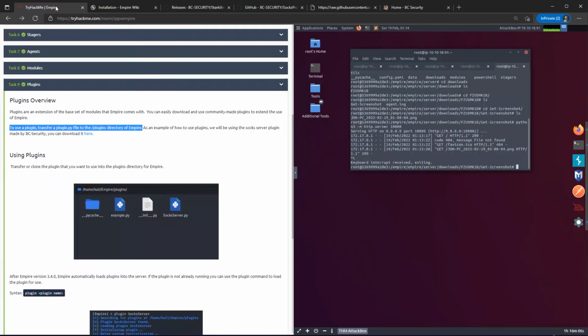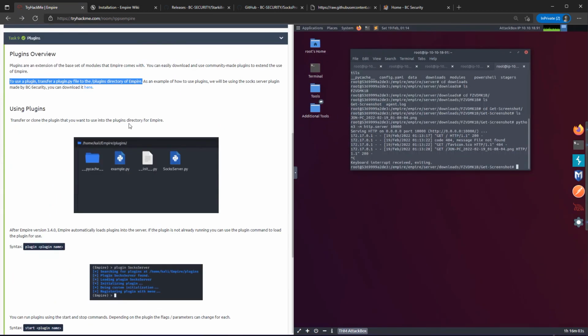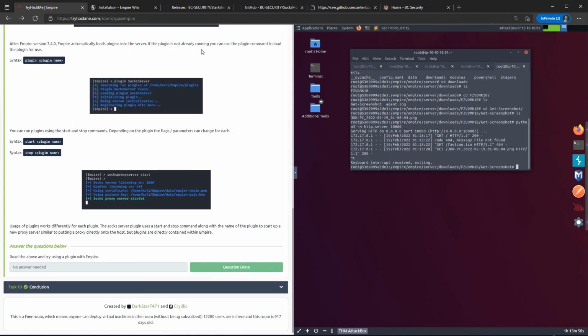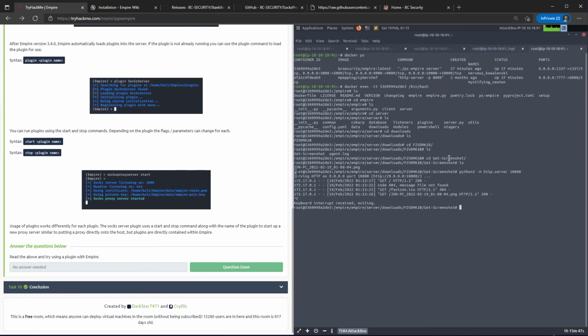So we'll get the address of the plugin and download it using wget. We have to put it into the plugin folder of the Empire server, and as stated several times, the Empire server is installed inside a Docker container. So we have to put this plugin inside the Docker container. Let's switch to the plugin directory. So that's Empire server,